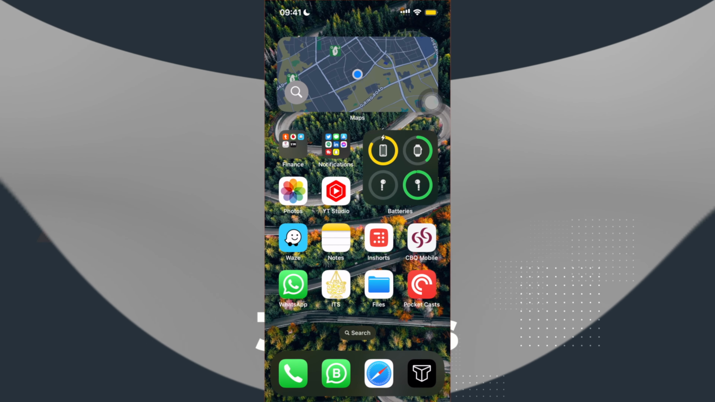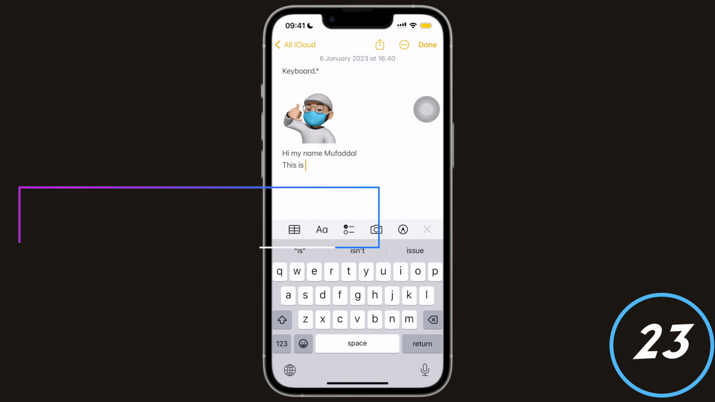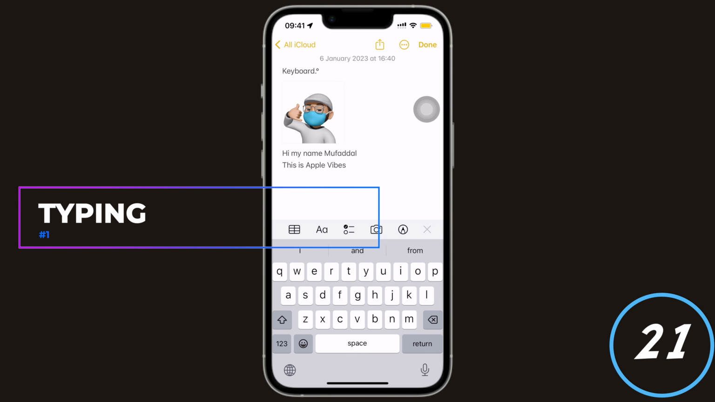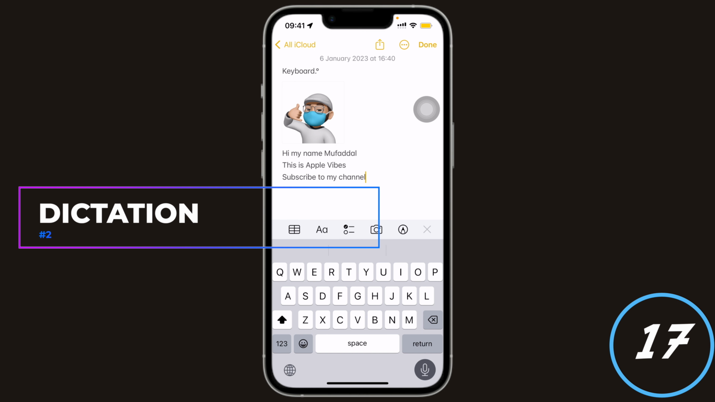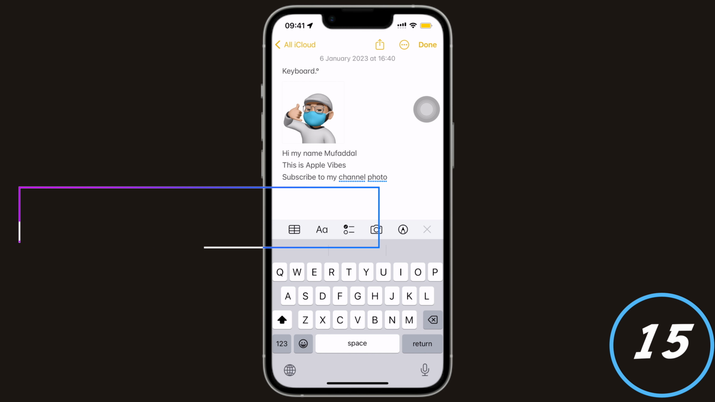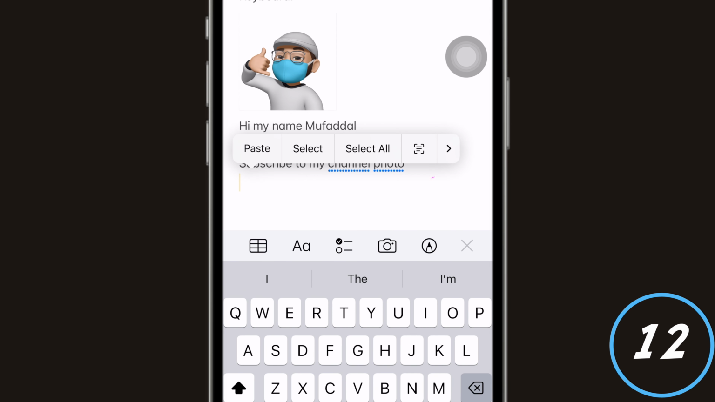Did you know that there are three ways you can type in a text? First is the obvious typing. Second is tapping on a button here and dictating. It's really accurate. And third is to write it down, or if you have a context ready, simply long press